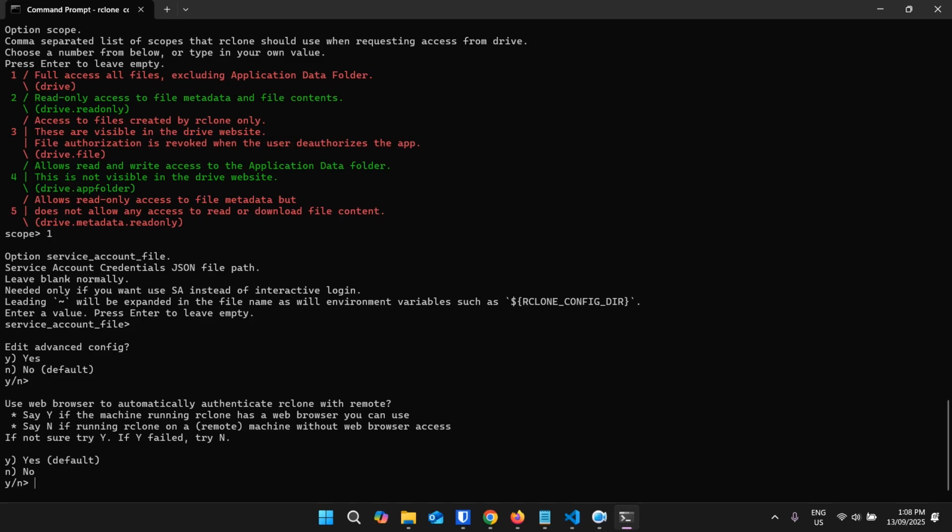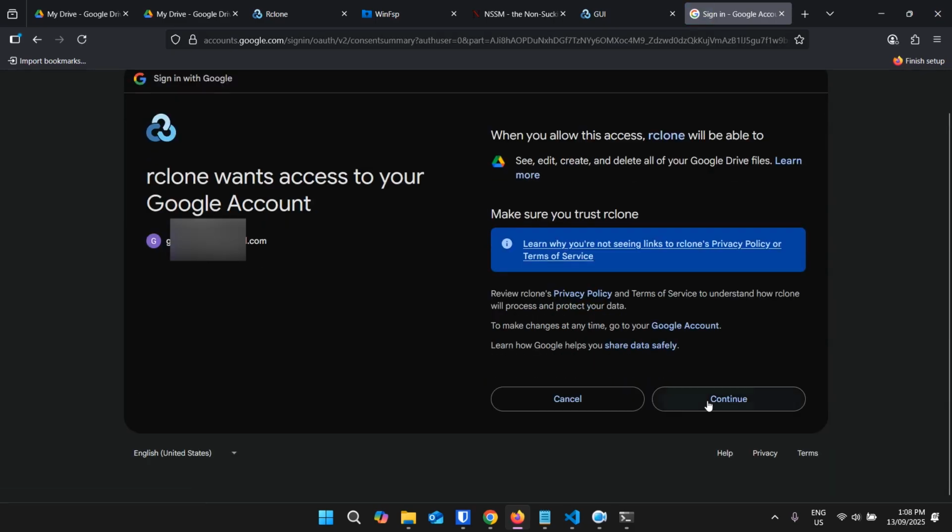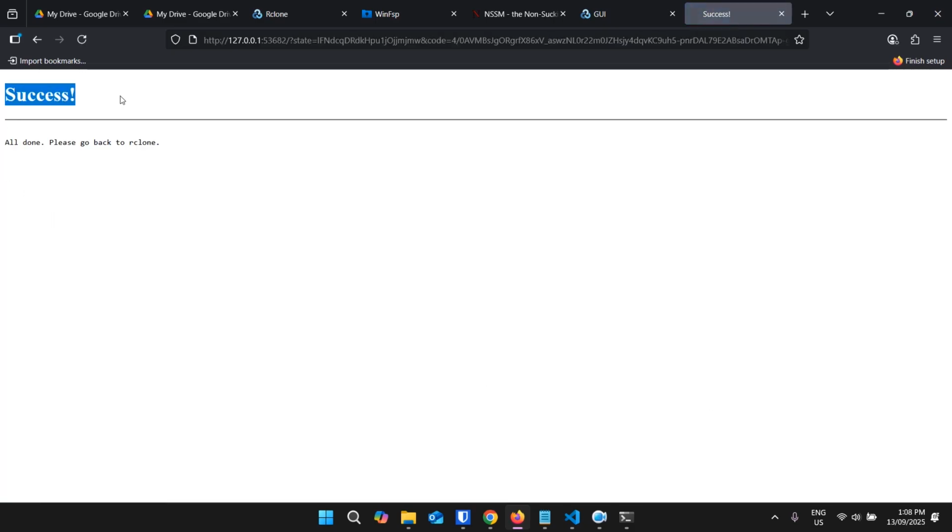So if you just hit enter or Y, it will open the prompt for sign in for the Google or authenticate the Google account using browser. So just hit enter and it will open the prompt to choose the account. So I will be using 2 accounts for today, but you can do this for how many accounts you like. So I'll choose the first account, just continue, and if you see that it's all done, please go back